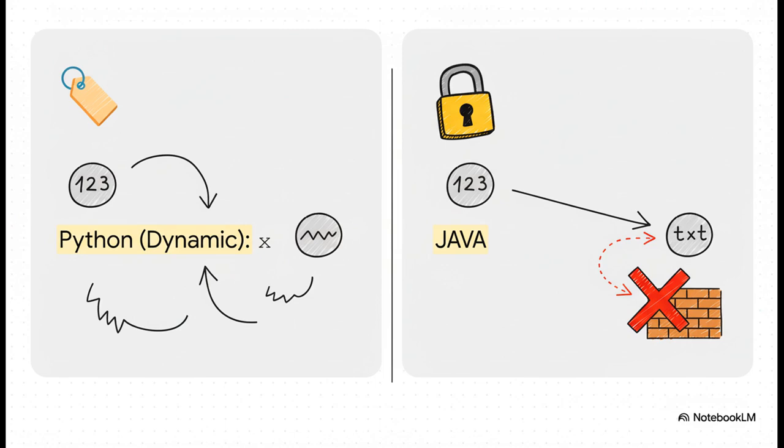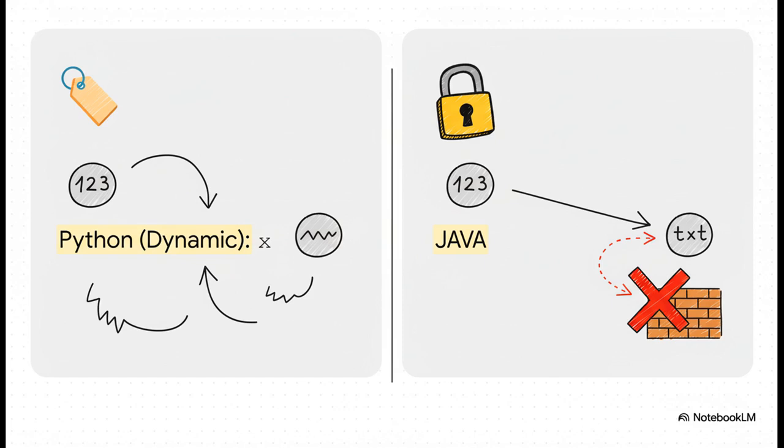Dynamic typing is all about the freedom of our labels. In Python, a label like x can point to an integer one moment, and then you can just peel it off and stick it on a string the next. Python's totally cool with it. The label itself has no fixed type. Now, in a statically typed language like Java, that label is locked in. If you say x is for integers, it's for integers for life,